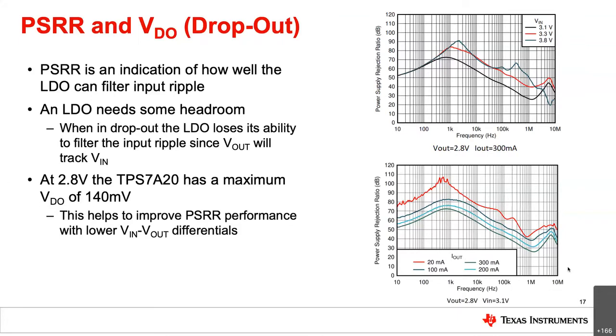Since dropout is oftentimes linear with output current based off of Ohm's law, it is also important to note that PSRR will increase as output current decreases, as shown in the bottom right figure. This is because the output impedance of the pass element is fairly high at low currents and increases the DC gain of the output stage, and this results in PSRR increasing at lower frequencies. At heavier or full loads, the output impedance of the pass element decreases, thus lowering the gain and lowering PSRR. Again, since these are fairly dynamic parameters, it's actually just a lot easier to visualize what kind of impact this has on an application.